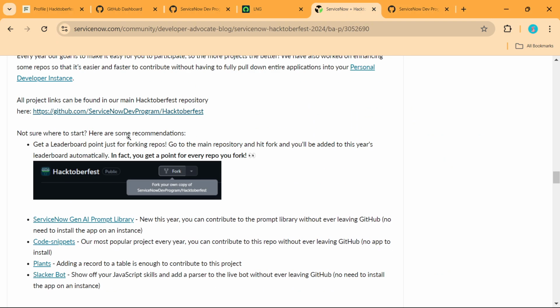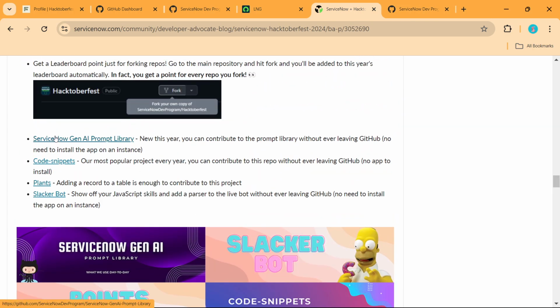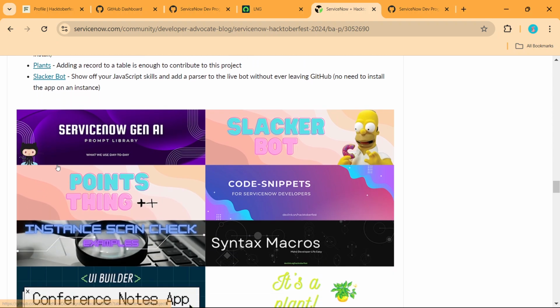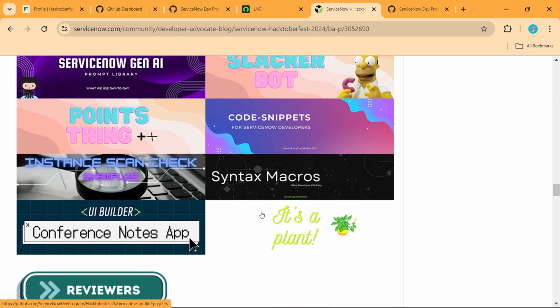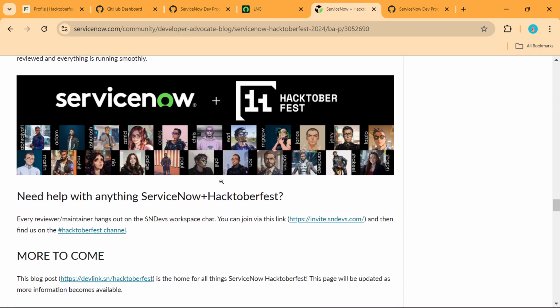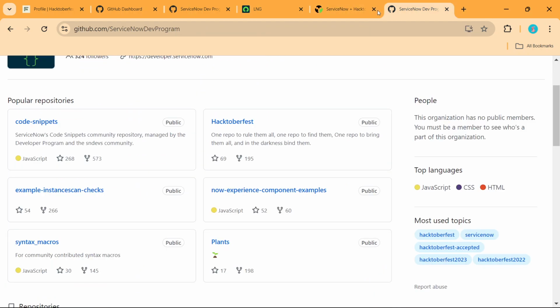This is the information given on this particular part. You can see this one. Okay, so these are the 7 which you can use. Now, before you proceed further, what is this? In every repository, there is a use case given to us, which you need to develop or create in your PDI as well. Yes, you can do it in the PDI as well.